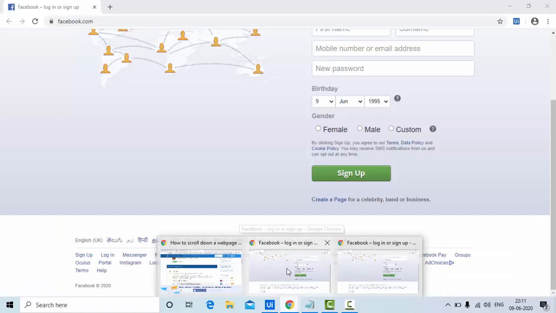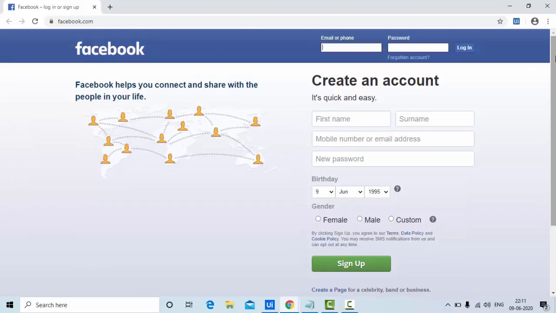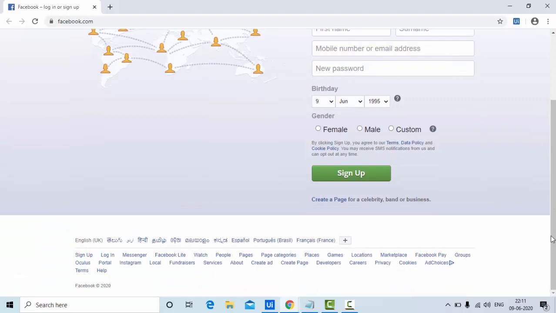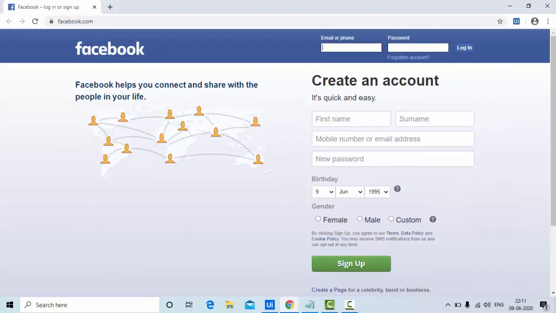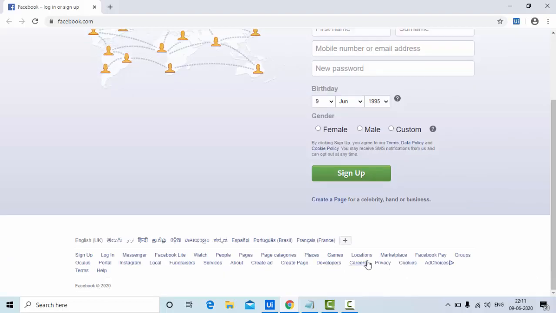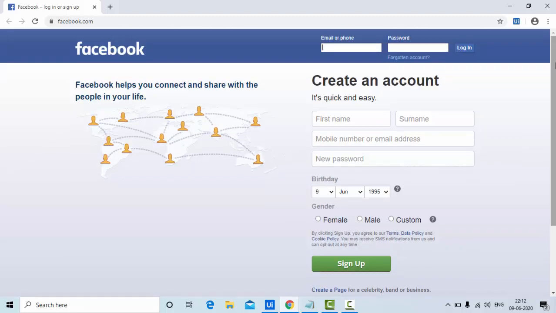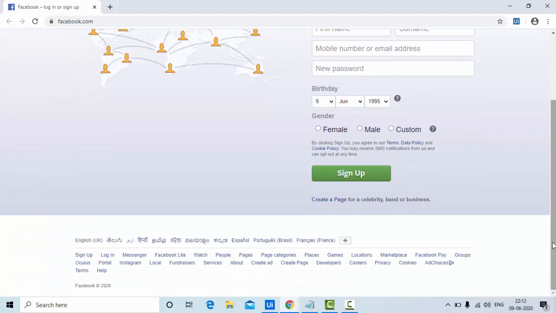This is usually used when, let's say, you have a web page like this and you want to do some kind of operation which is at the bottom of the web page. Let's say I'm clicking on this locations link, which is not up here but down there, and you need to come down the web page and click on the locations. In most automation scripts, this will directly go to the bottom and click on the locations.